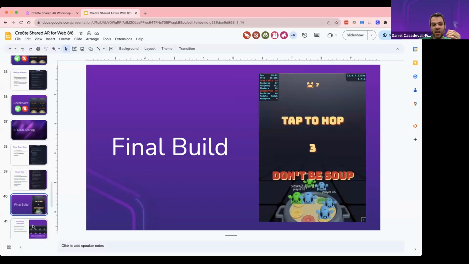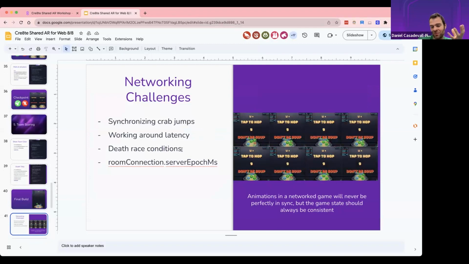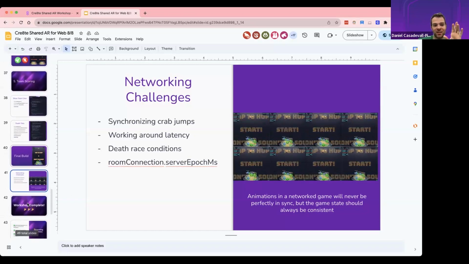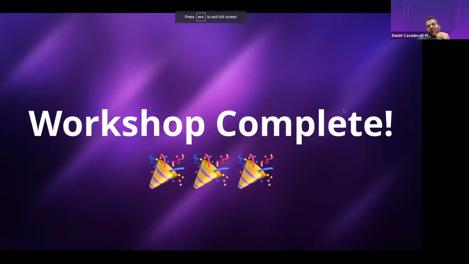It may be smoother. A lot of networking game development is about tailoring your application, it's like smoke and mirrors, where you're solving race conditions as you display something in the game so that the player doesn't know that it's happening. Which is a lot of what we just talked about here in networking challenges. And I know that was a lot. Hopefully that also gave time to catch up here. That is all for the workshop work.